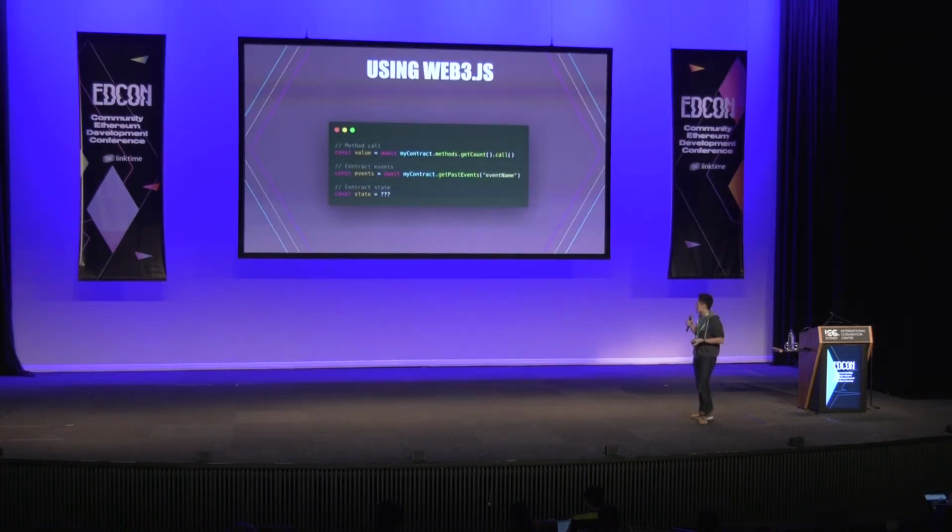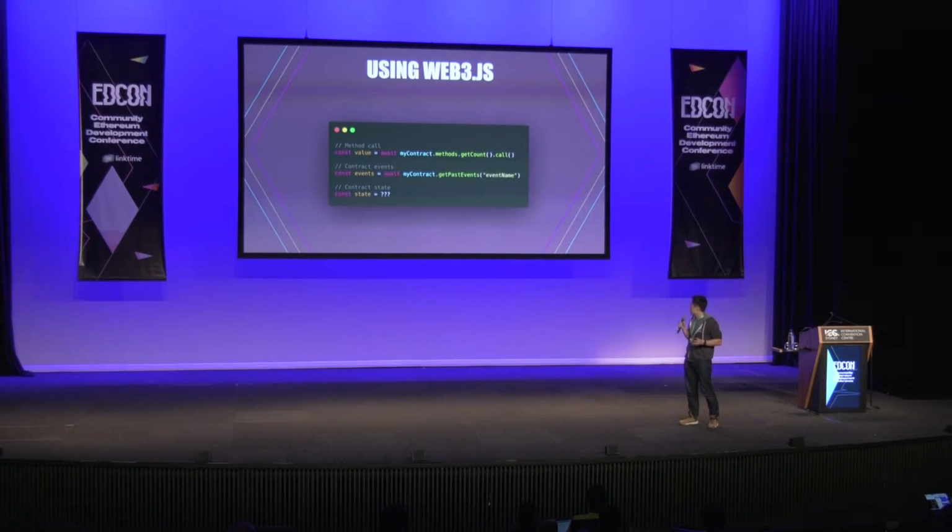So using web3.js, which I know a lot of people don't like, and there are a lot of issues and criticisms about its API, but it is the most popular one, and it is the one we're going to talk about today. And this is how we do it currently. We have the myContract instance, and we do .methods.getCount, and once we have that specified, we call .call, and we get one value, right? That just happens by itself, as in one-off.